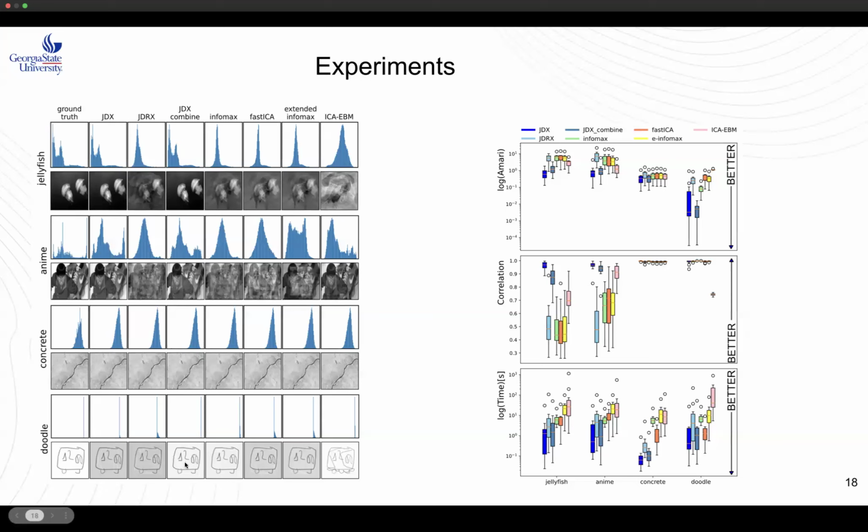It will capture the structure, because GDRX puts some trade-off on GDX by trying to find the super-Gaussian distribution. All the pulse-like is super-Gaussian distribution, and all the other methods are, well, Informax can also capture this pulse-like distribution. So only these two methods have extreme best performance on the doodle data, but GDRX is acceptable. FastICA, extended Infomax, but ICA EVM is based on some